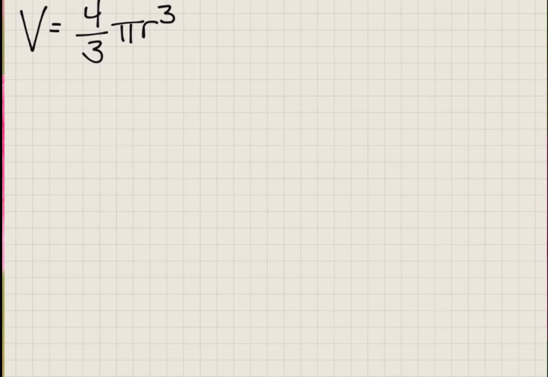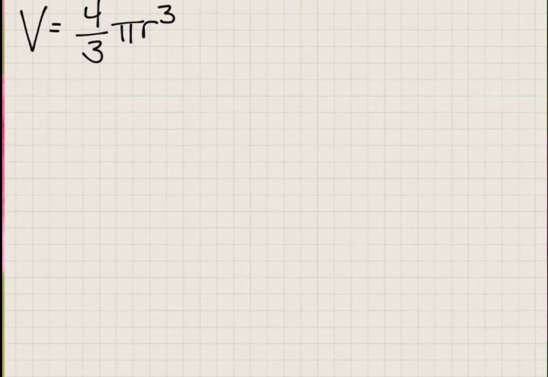What's different about this? Yep. The 4/3 and the radius cubed. Very good. First of all, the 4/3. What did we do? We divided by 3. It's very similar to what we did with cones and pyramids. But now we also took the radius and we didn't multiply it by itself once. We multiplied by itself twice, which means r times r times r. That's 3 r's. So that's r cubed. And that's the volume of a